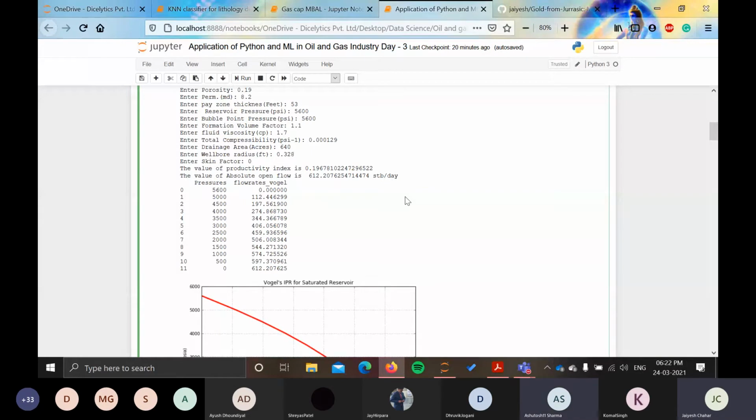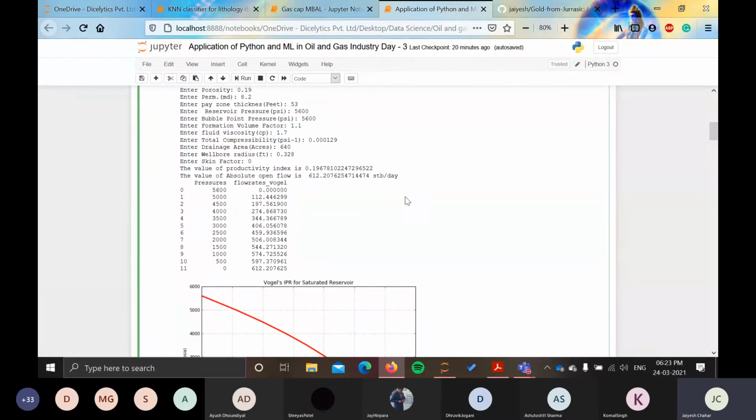So I must advise you to follow those processes as mentioned in Boyun Guo chapter 3. There is a great process for predicting the future IPRs. Follow those steps and try to implement them in Python. And you can make a plot that will be dynamic in nature by just changing the values of reservoir pressure.